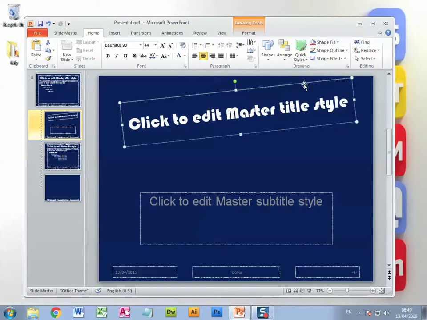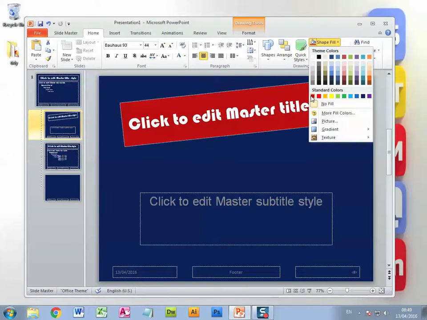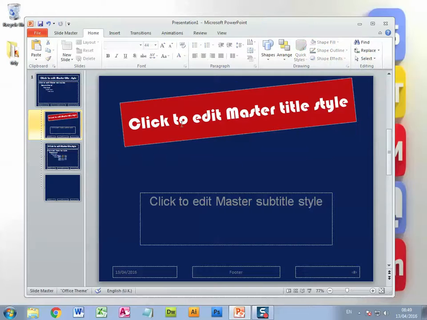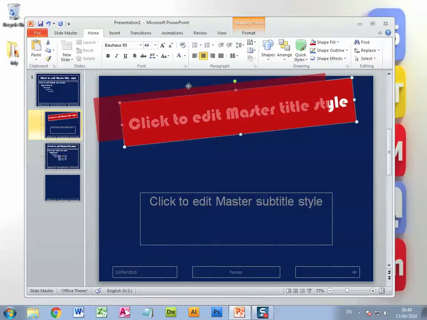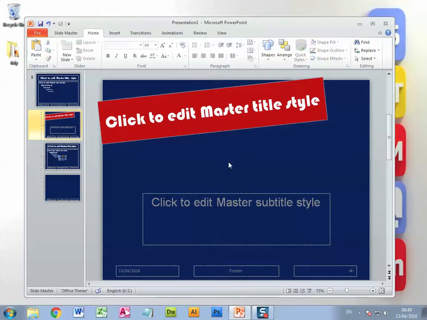So where can I do that? Shape fill, let's make that red. Text, white text still stands out, and maybe let's just put it slightly over to one side. That's fine. Subtitle, I could drop down